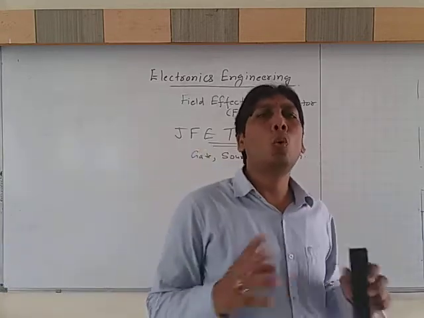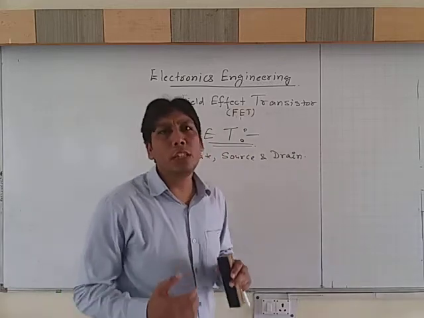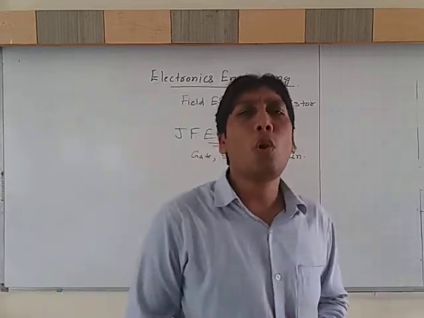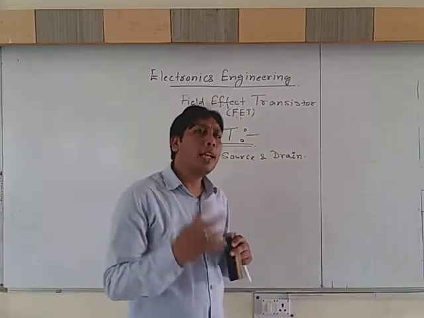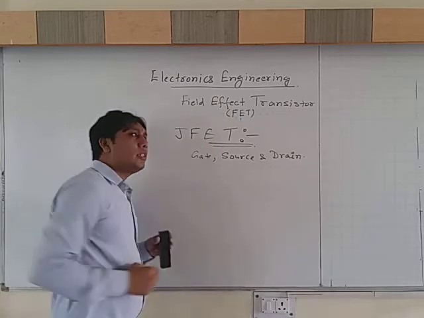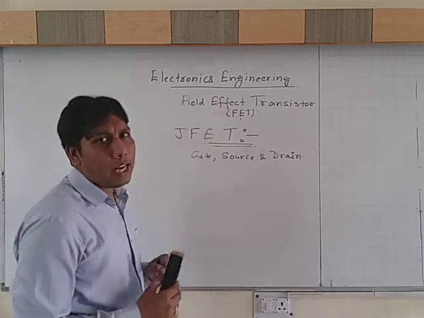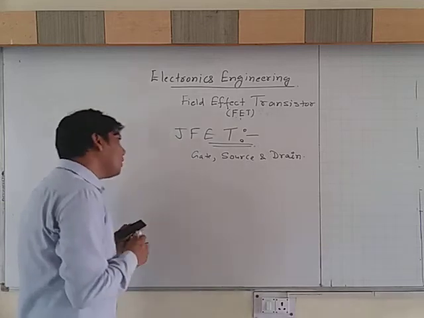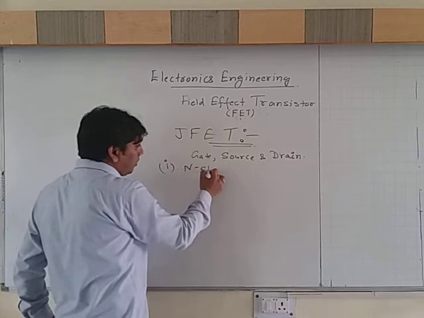It has two PN junctions. The space in between these two PN junctions is called the channel. On the basis of this channel, the JFET is divided into two types, as I have discussed earlier, N channel and P channel. So the first one is N channel